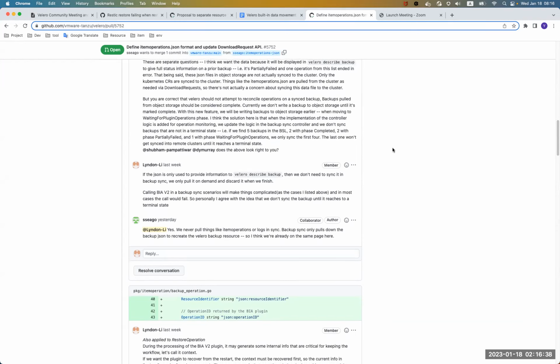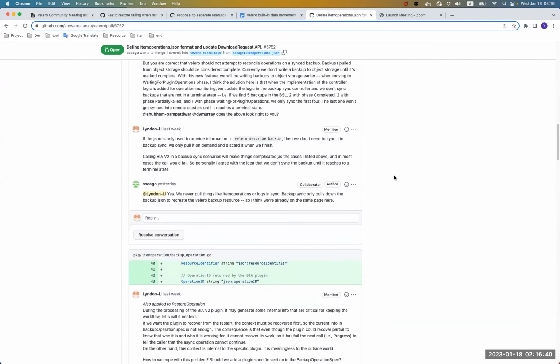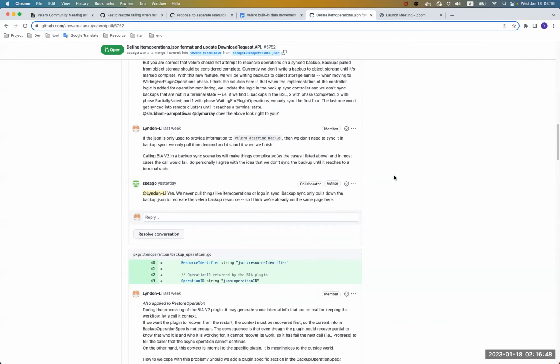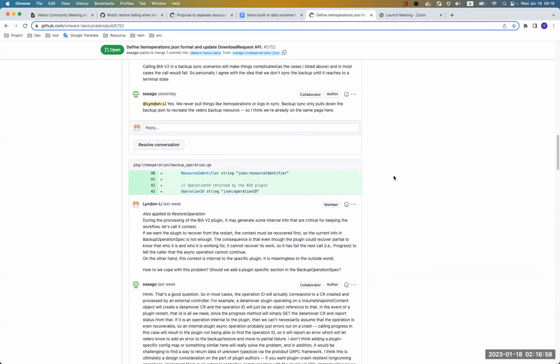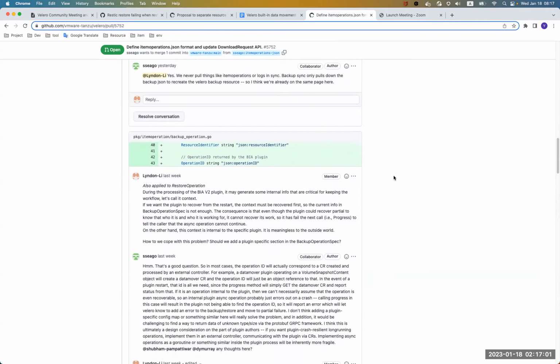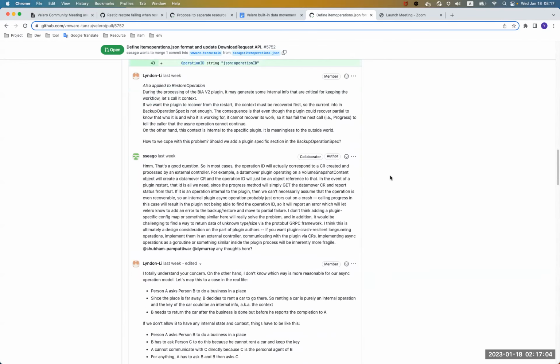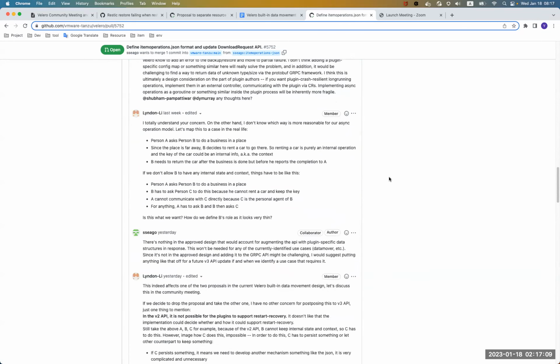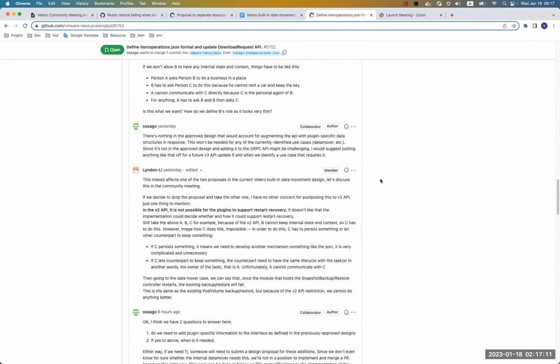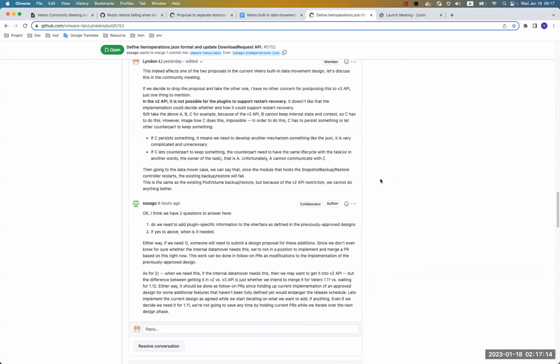The second set of discussions that has come up more recently is about the possibility that, depending on what design we end up going with for the Velero data mover, there may be a need for plugin specific metadata to be added to the interface. The use cases we'd identified outside of that didn't need it yet. The design we approved back in December didn't include that. So my thinking here is